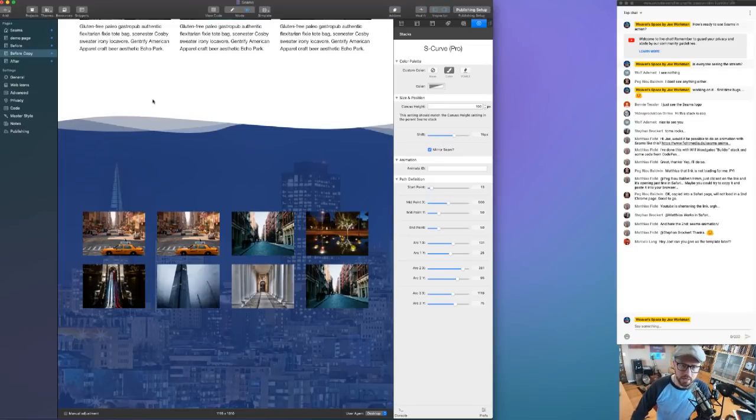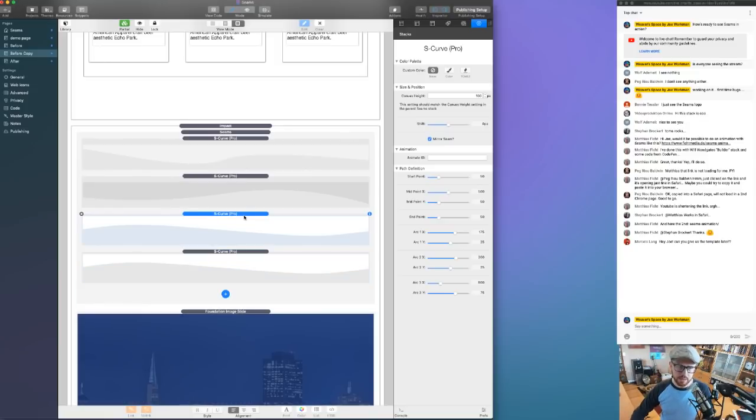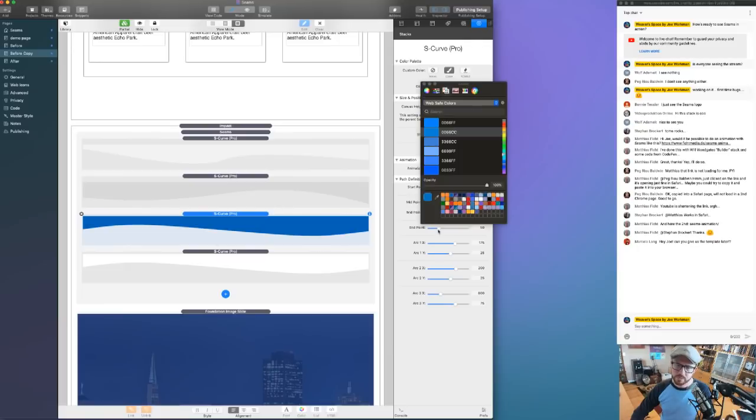But as you see, this kind of gives us an interesting look, right? We kind of have some waves over here, and then the main wave kind of comes down. Could be interesting if I had another one that mimics that. You know, let's add one more just for fun. I'm going to mimic this main one here. We're going to change the color of that. We're going to go maybe even darker,